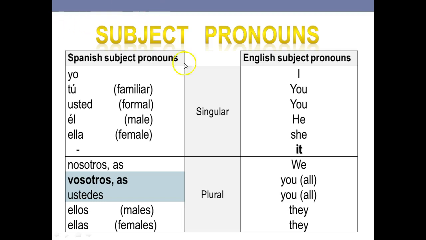We can divide pronouns in singular and plural. Same happens in English. We have yo, which the equivalent in English is I. Then we have tú, and here we have a very important difference, because in Spanish we have two different kinds